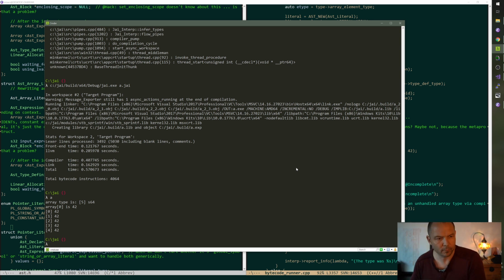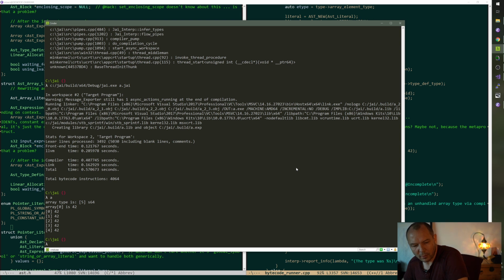Okay. So now we have to actually copy the values. And there's going to be two steps. One, handling the different sizes.